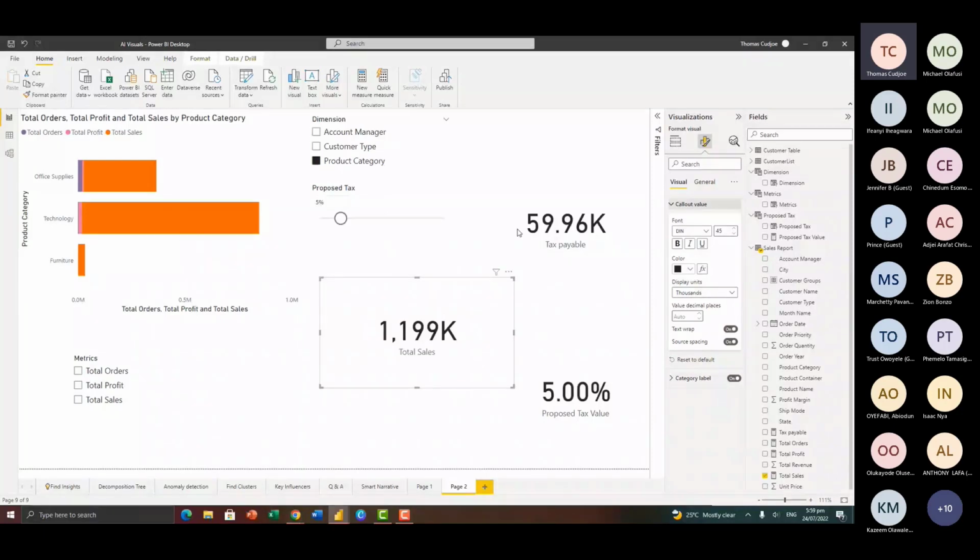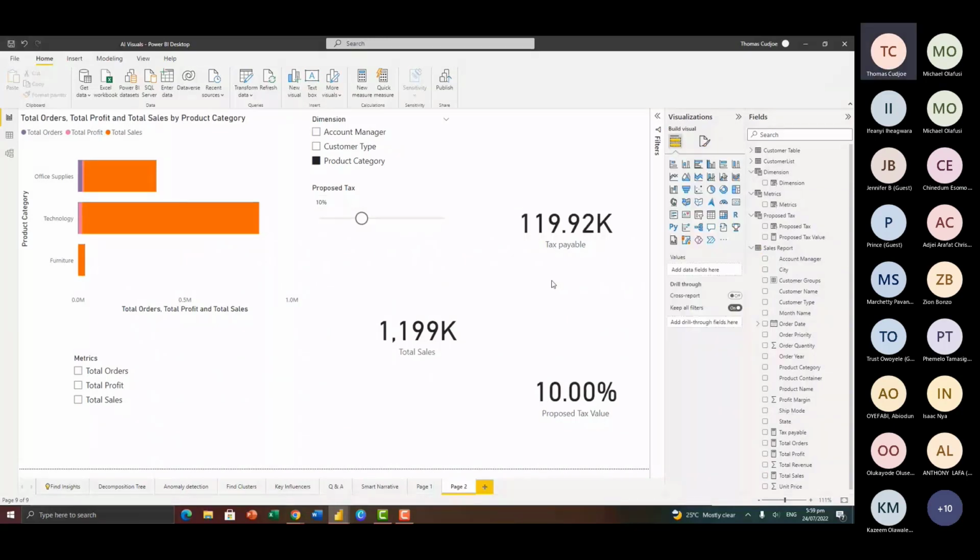Now, the next thing we want to do is to determine what our sales will be after paying the tax. Then we can go ahead and create a new measure.